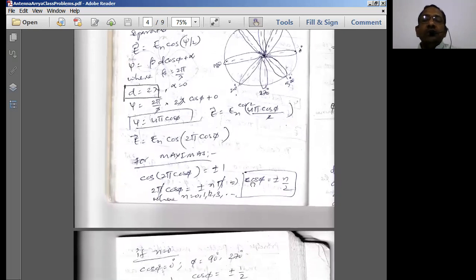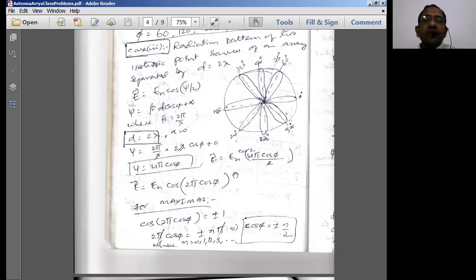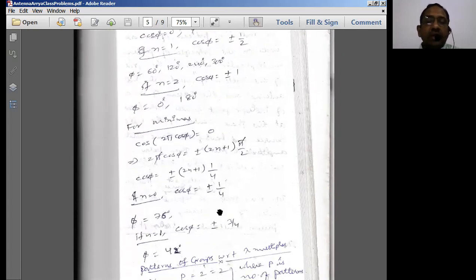So how many radiation patterns have we got now actually? How many patterns do we have? 1, 2, 3, 4, 5, 6, 7, 8 patterns we have got. How many angles do we have? This 2, it's going to be 2 plus 4, 6 plus 2, 8. So 8 patterns we are going to get over here.